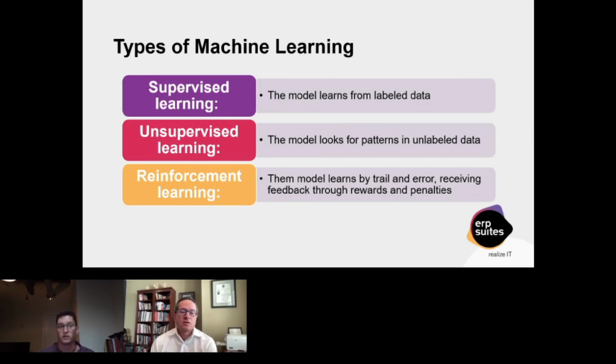It's more unstructured, but you can still glean good insights from those. The third one's reinforcement learning, and this one's very cool. So it really learns from trial and error, and it is what we've incorporated into our manufacturing digital assistant and look to incorporate in a lot more of our solutions, where when you get data back, if you query on data, do a SQL query, or you want to run through a process and make sure the process is correct. If you're trying to do an automation, as our manufacturing assistant does,